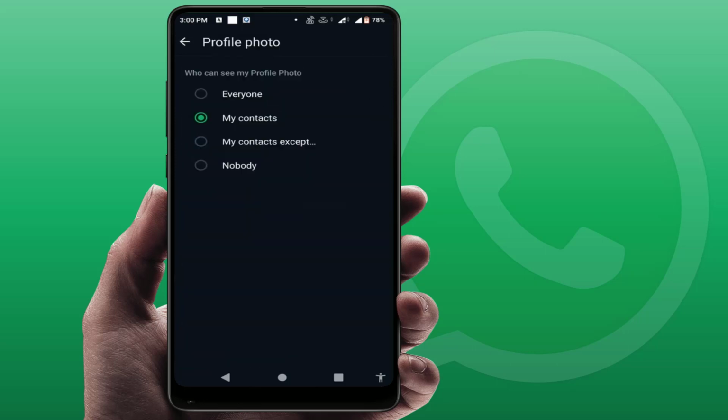This is the new option now rolling out on WhatsApp. So before this guys, you could get only three options: everyone, my contacts and nobody. So now you can get one new option here, my contacts except. So if this option is not showing on your WhatsApp,